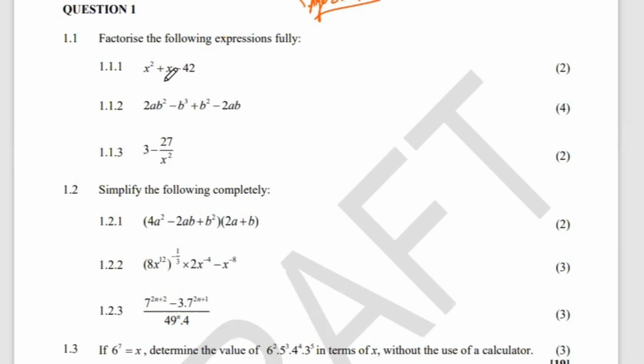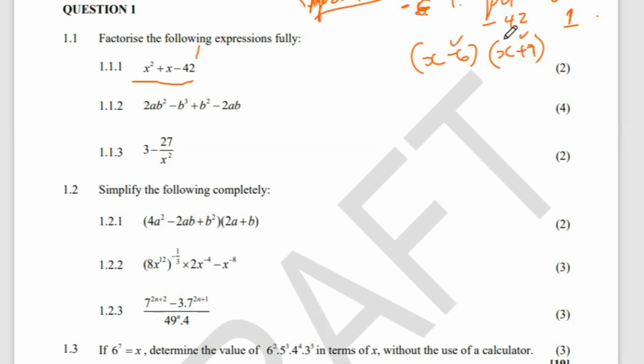So this is x squared plus x minus 42. This is a trinomial. With the trinomial, we need to look for the product and the sum. The product is negative 42, and our sum is 1. Which 2 numbers multiply to give us negative 42, but when we add them, we get 1? The only numbers I'm seeing are 6 and 7. One of them has to be negative, so I'll make 6 a negative. If I multiply these, I get negative 42. When I add these 2 numbers, I get 1. So I'll open my 2 brackets and say (x minus 6)(x plus 7). And that's my answer.